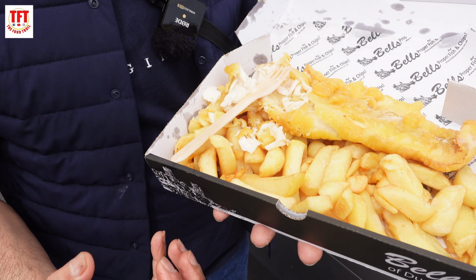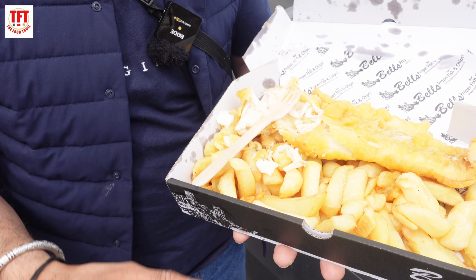I think that oil in the batter has drained itself into that fish, and it's actually disappointing to say this, but it's like an oil fest. It's like a grease fest happening in there. It really is. And I tell you what, I am disappointed, because I was hoping that these fish and chips,